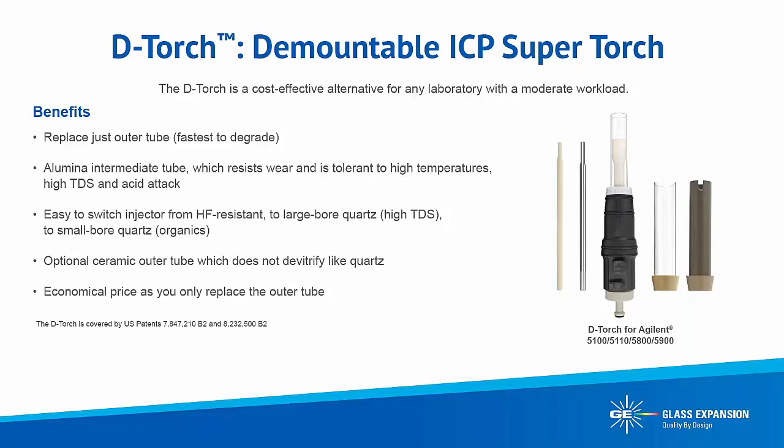One is you can't see through it, and we've talked a few times about people who have been in the industry for a while and try to look at it. You can't see through ceramic, but that's about it. One of the advantages of the ceramic is it runs hotter. It's a better conductor of heat. Because it runs hotter, there's less salt build-up, okay? And you don't get the devitrification that occurs with quartz, which is a natural process,